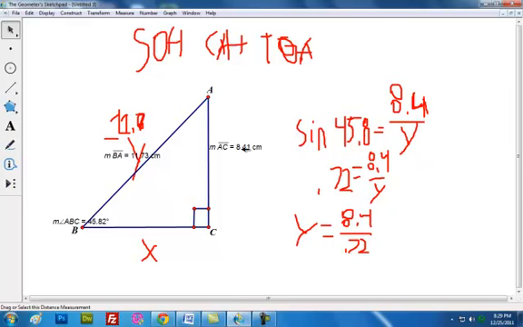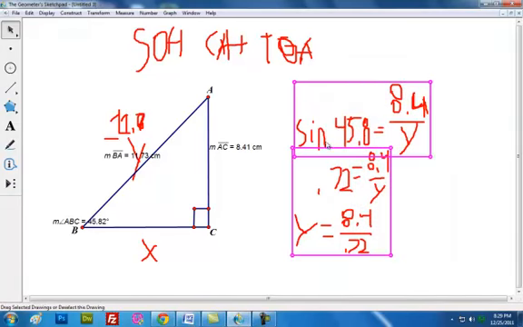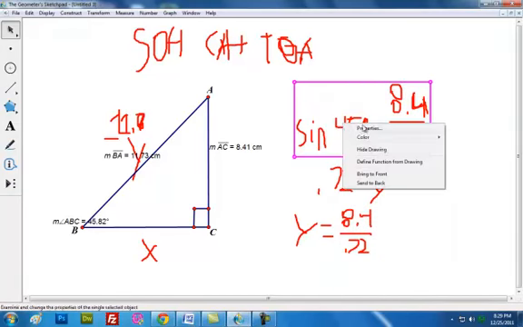And then to find x, you could just do the Pythagorean theorem. A squared plus b squared equals c squared, and then do c squared minus b squared to get a squared, and then do the square root of that to get x or a. But we're learning about SOHCAHTOA, so